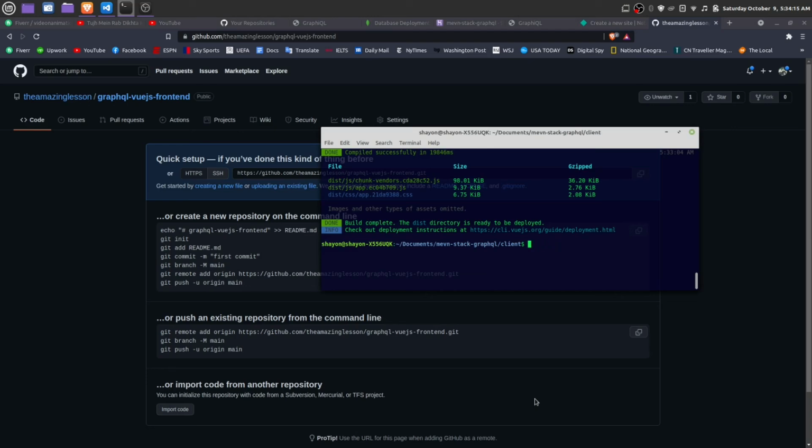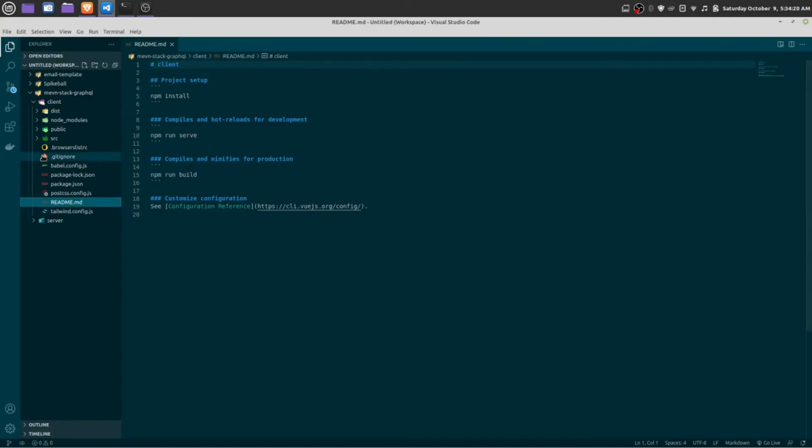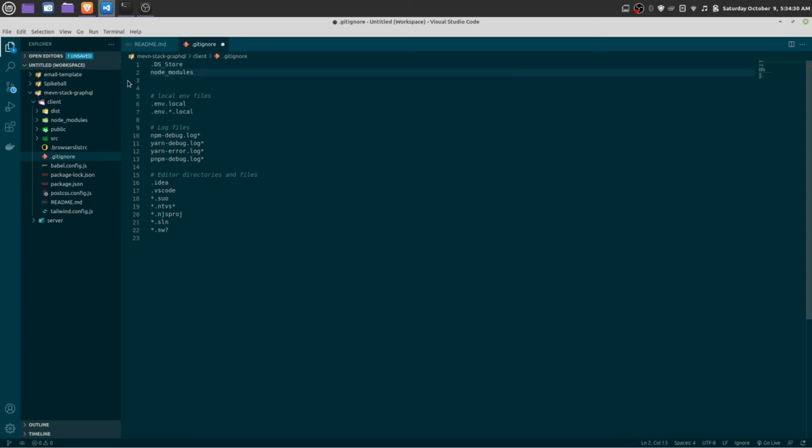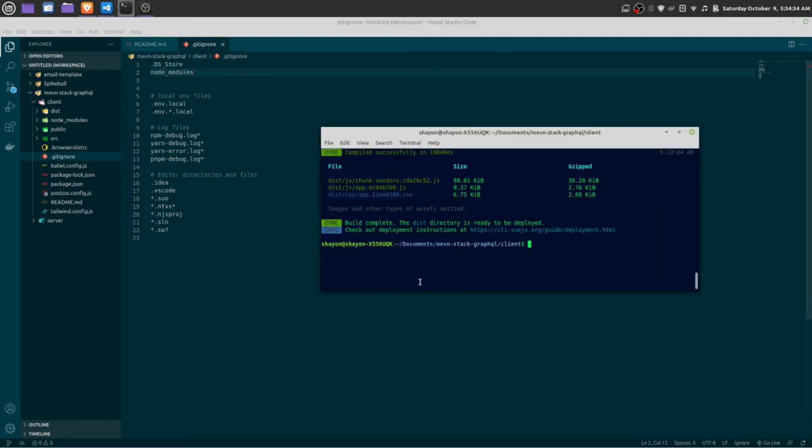Actually, let me show you our git ignore file. It may have this build dist folder, so we don't want to. Okay, we want to host that dist folder as well, so git rm, just remove all the cache from our git, rf cache.